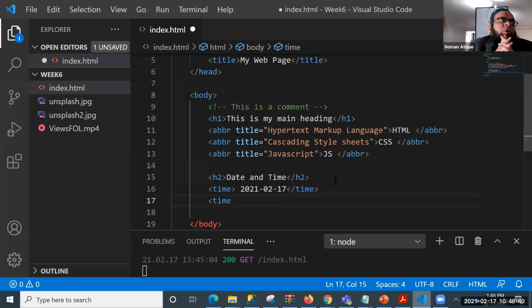Have we discussed attributes in the last class? Of course, I would have discussed that attributes are the extra functionality of the tag. Did we discuss the attributes in the last class? Can anyone just quickly remind me? Okay, right. Thank you. So now time has an attribute, and what is that?